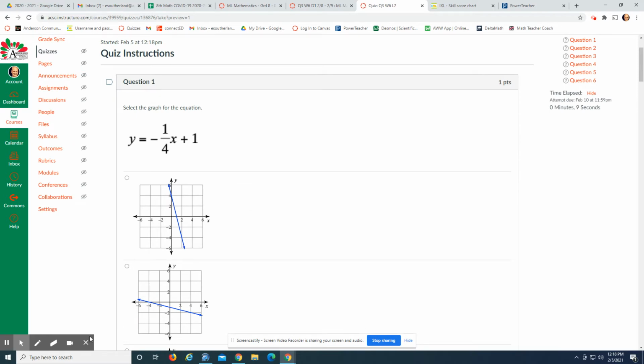So we've got to remember that equations are always written in the form y equals mx plus b, where m is slope and b is the y-intercept. And so b tells me where to start at, and the slope tells me where to go from there. So the b is the y-intercept,